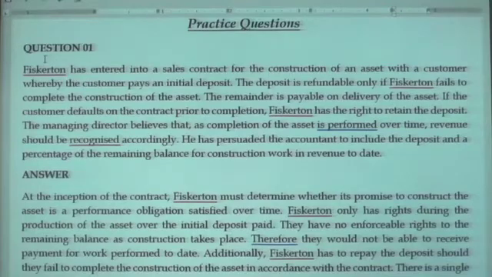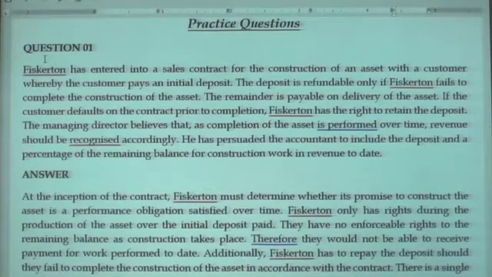Now assume I will enter into a contract with you to construct something over 2 years. You will pay an advance today. I will construct it and deliver it to you at the end of the second year. If I fail to deliver, I need to refund my advance to you. If you fail to pay the balance, I will retain the initial fund with me. Is that clear?